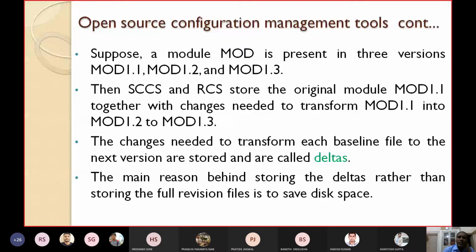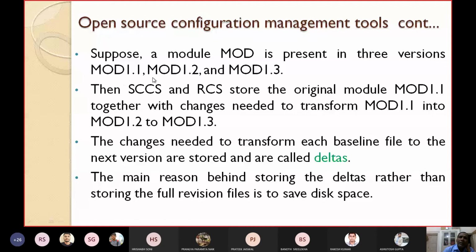The changes needed to transform each baseline file to the next version are stored and are called deltas. The main reason behind storing the deltas rather than the full revision files is to save disk space. Why are we not storing all of mod 1.1, mod 1.2, mod 1.3? Because there are no huge changes.